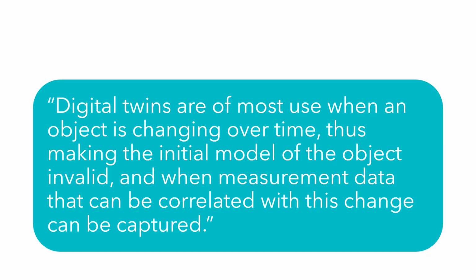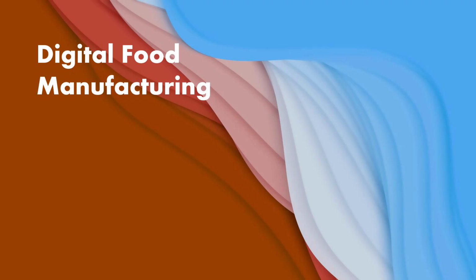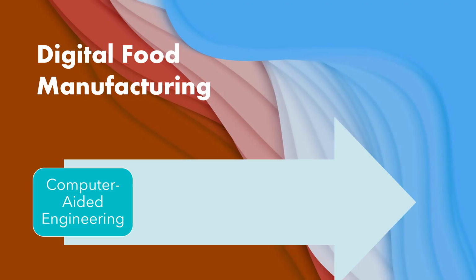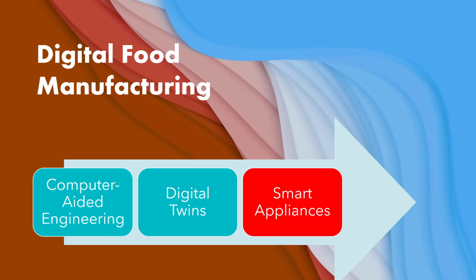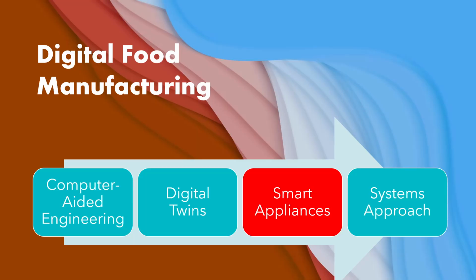And that's when measurement data can be used to capture this change. So what happened? How much was the temperature inside the refrigerated container? And so for that increased temperature, what is going to be my burger temperature? So in other words, we can be continually adjusting in real time, and that's why digital twins are important. Okay, so that was about digital twins and how our food physics and modeling would have to be built into the digital twin. Another example I thought I'd pick up is smart appliances.